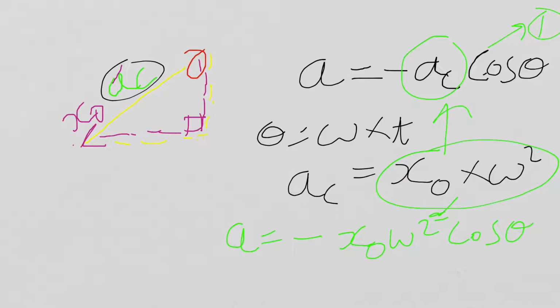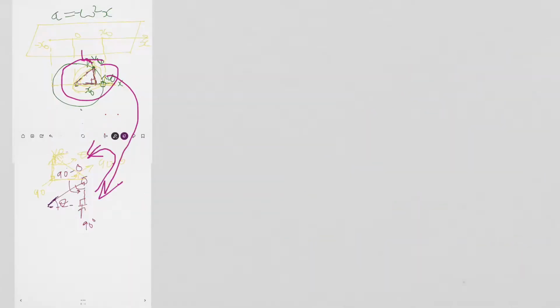Now we can substitute for cos theta, because cos theta is given by omega into t. This is our second equation. So we will substitute this omega into t with this cos theta. So acceleration will be given by